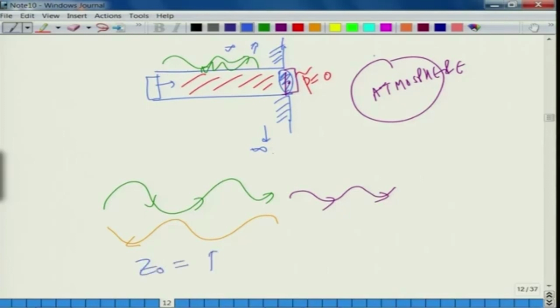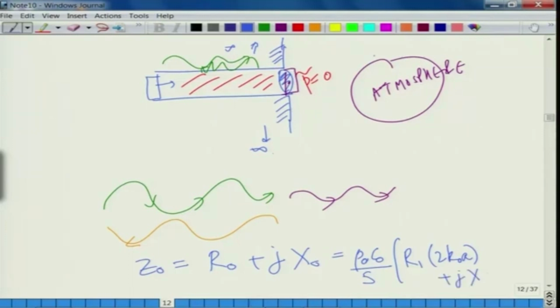that we derived a few lectures back, R naught plus j x naught, the impedance for an open tube with infinite flange on both sides. In such a half space, it is also called a half space mathematically. So, R naught and x naught take certain forms. The entire expression would basically look like rho naught c naught times S, where S is the cross sectional area of the pipe, and this would become R1 of 2 k naught a, where a is the radius, for example, and j times x1 of